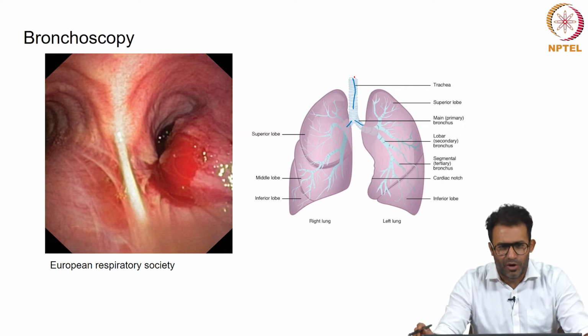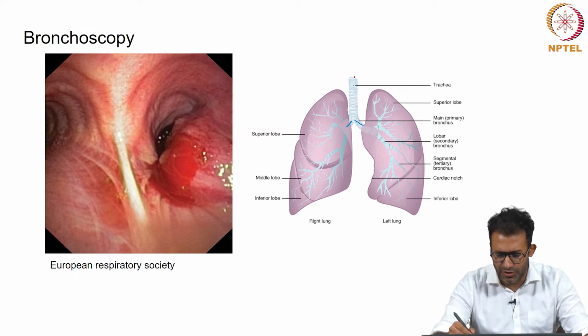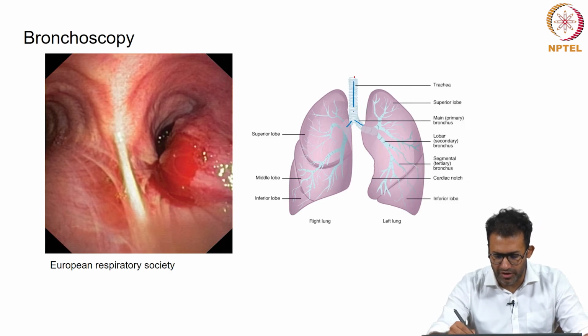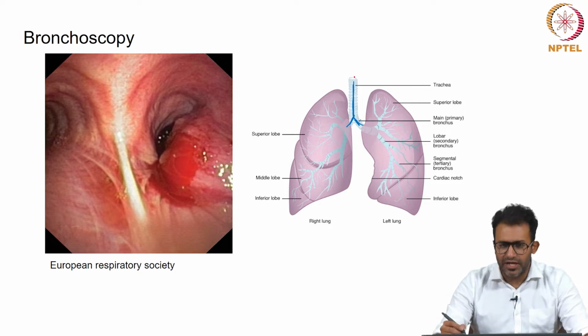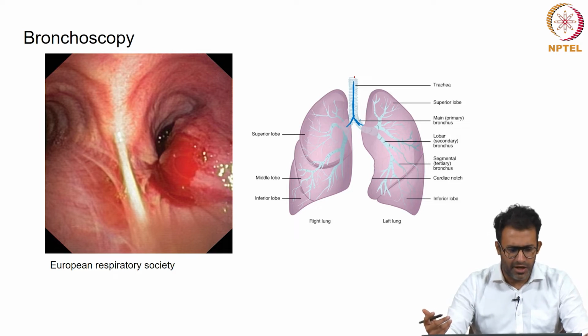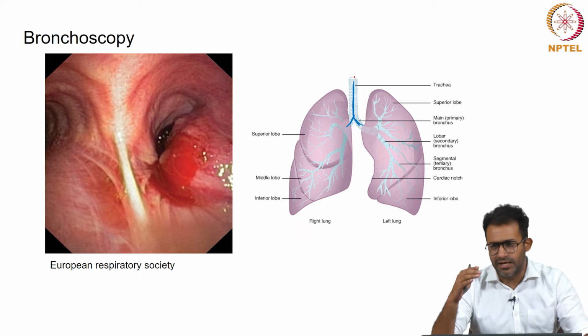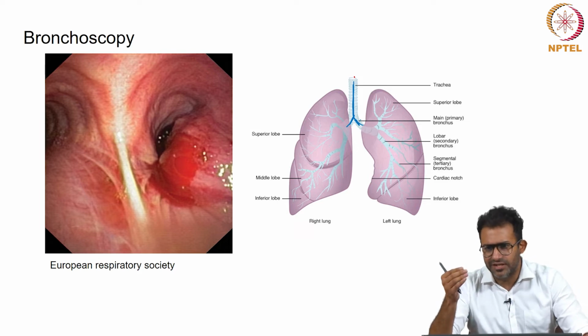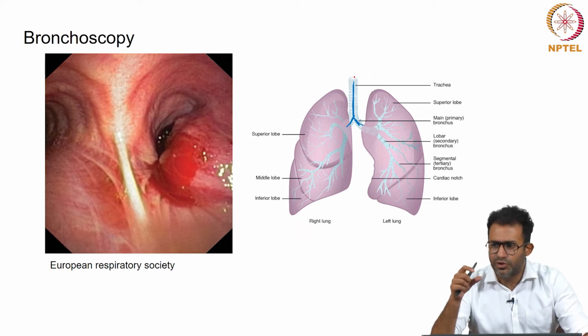So what we see here is a bronchoscopy. Bronchoscopy essentially involves passing a tube through your windpipe. This bifurcates into what we call the bronchus, and you are able to visualize the inside of your windpipe. So this is a very important modality in diagnosing and even ruling out problems such as early lung cancer, and also removing foreign bodies. Again, like any form of endoscopy, it can be either diagnostic or therapeutic. When I say diagnostic, it means you're trying to find out what the problem is. When I say therapeutic, I mean I'm trying to treat the problem.